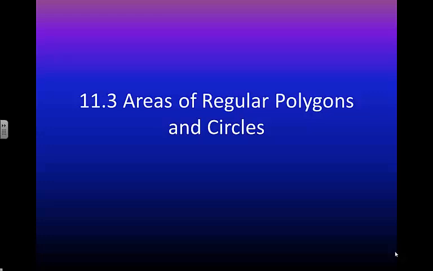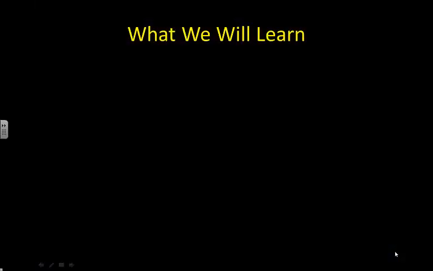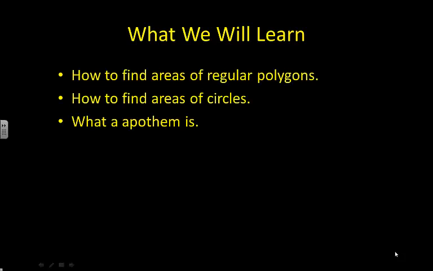All right, this is 11.4. It has 11.3 up there, but that's supposed to be 11.4. Areas of regular polygons. Okay, so we're going to look at how to find areas of regular polygons, and